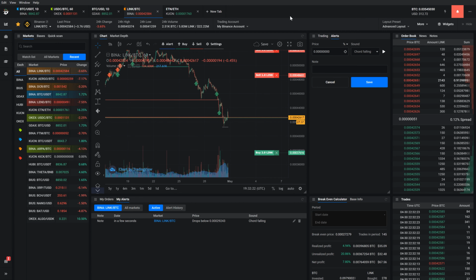The Alerts widget allows you to create alerts and then receive notifications when a particular market reaches a certain price. To create an alert, click the Alert button on top of the chart or start typing the price in the Alerts widget. You can set the price manually or click the crosshair icon and then click on the chart to